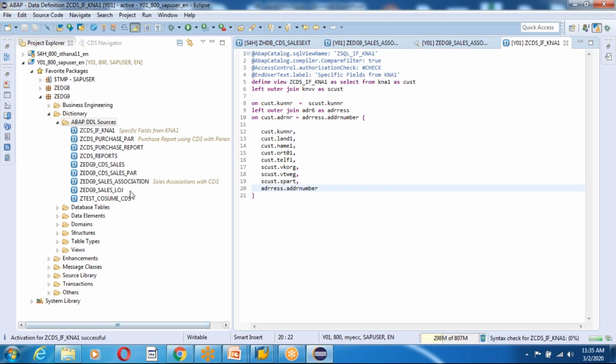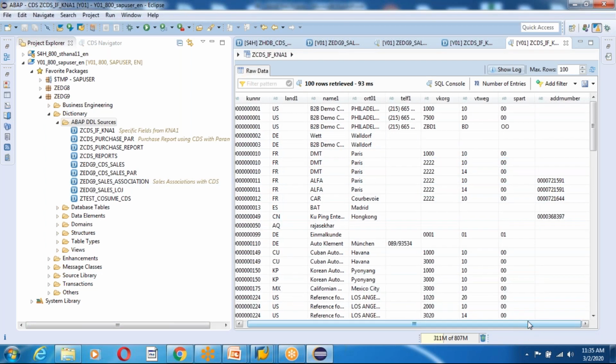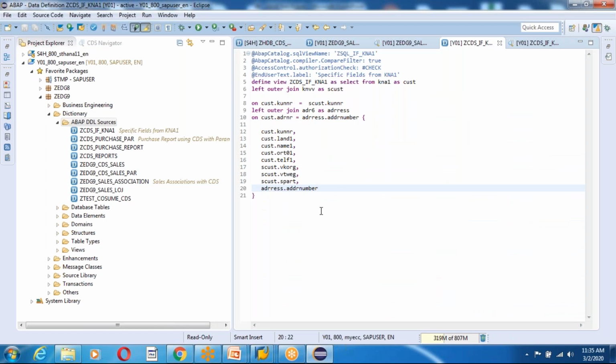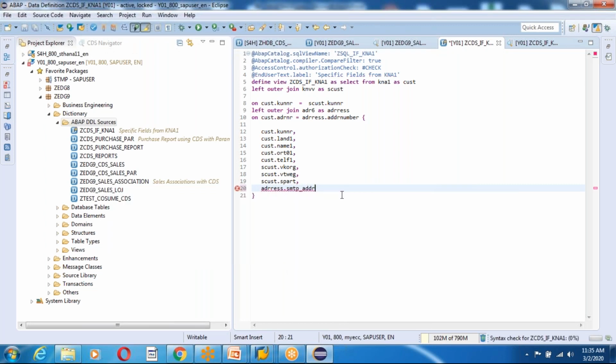See, activation is successful, and press F8. You see all the data. Sorry, I need to get the email address, guys. So what is the email address? SMTP. Yes, guys, this is the field which I need to have. Save